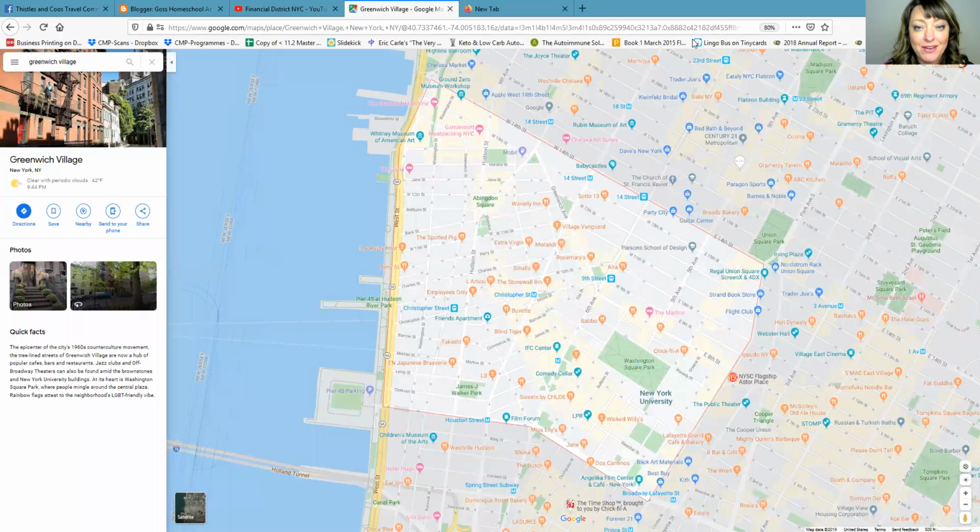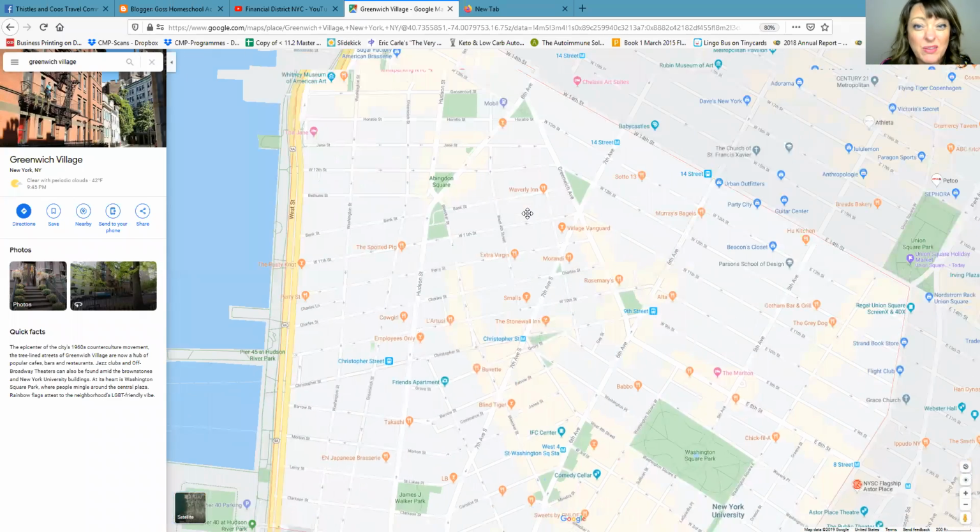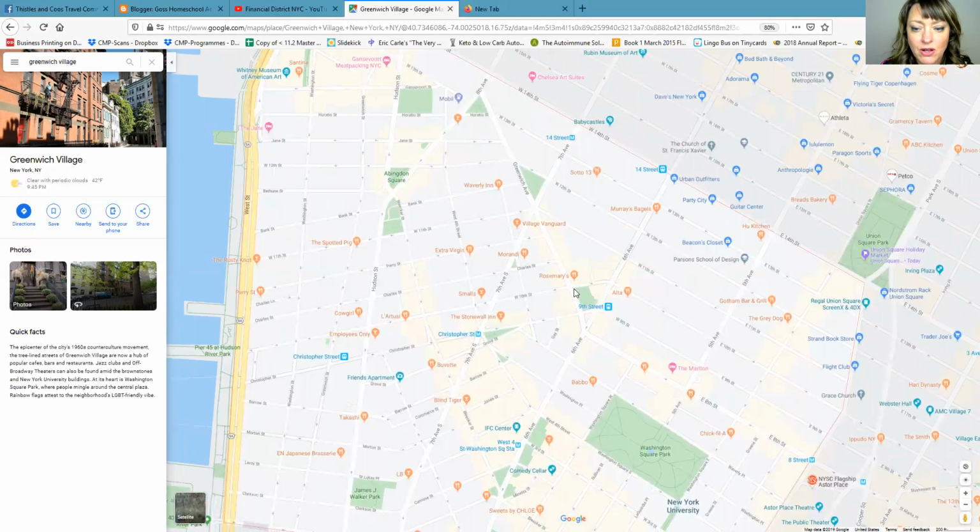So this is my Greenwich Village recommendation post, and there is a lot to see and eat in this area. We actually went to two different jazz clubs in Greenwich Village. One was called Smalls and one was called Village Vanguard. And I can show you, I'm going to zoom in a little bit. I can show you. Then we went on two different nights, so we didn't do all of this in one